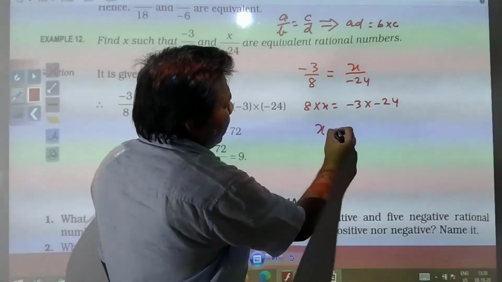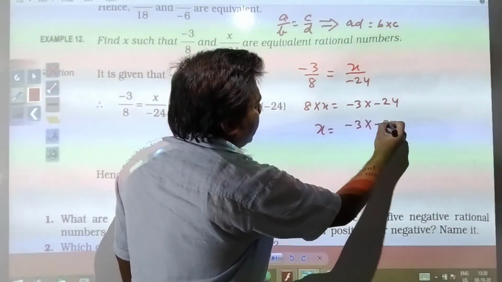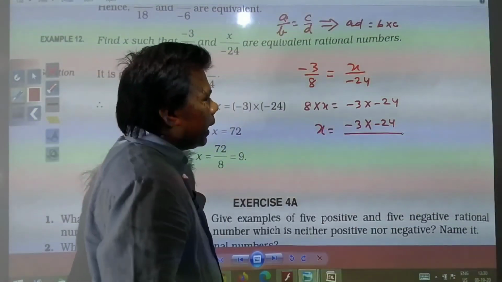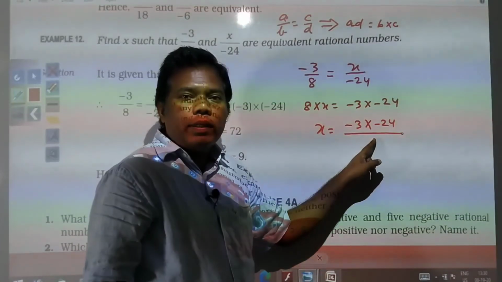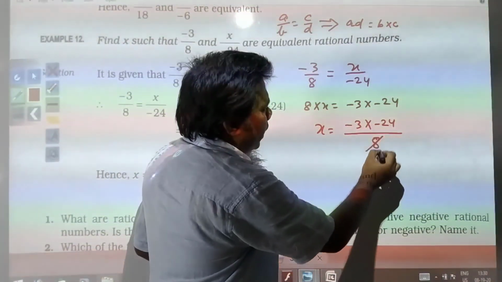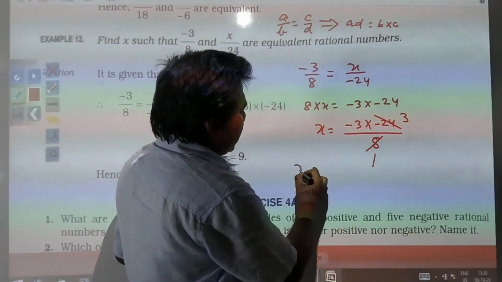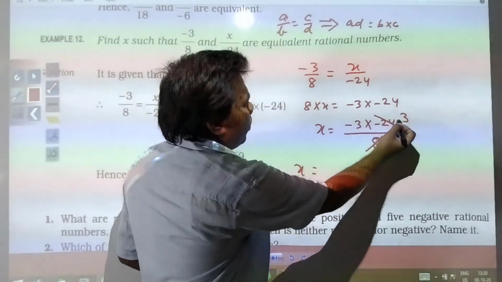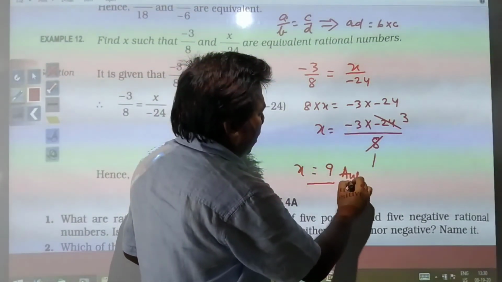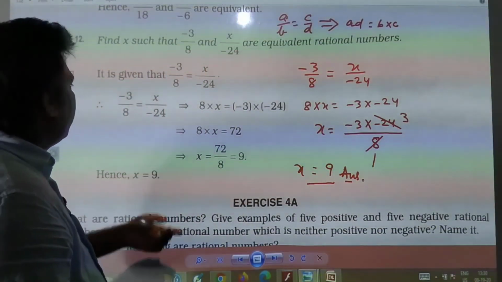So x will be what? X will be minus 3 into minus 24 and divided by, this is in into, so if you are taking right side, this will go in division. So 8 you will have. Now you cancel 8 1 ja 8, 8 3 ja 24, and so x will be equal to minus 3 into minus 3, it means 9, and this will be your answer. So I think similar questions if you will be having, you will be able to solve.